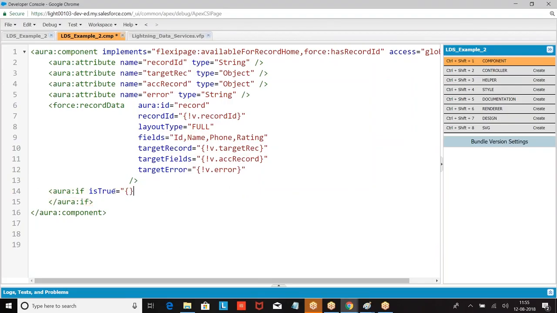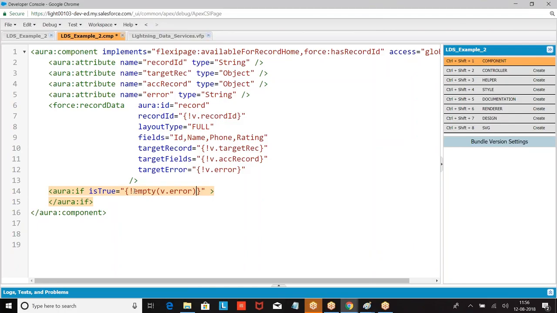What is true? I am giving a condition. aura:if, what is the condition? Empty. Empty what?